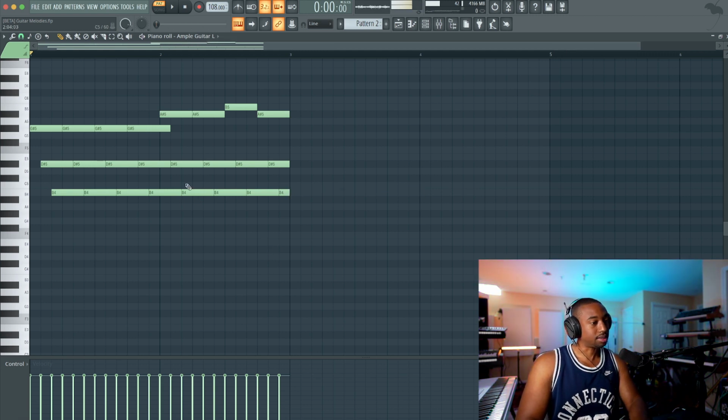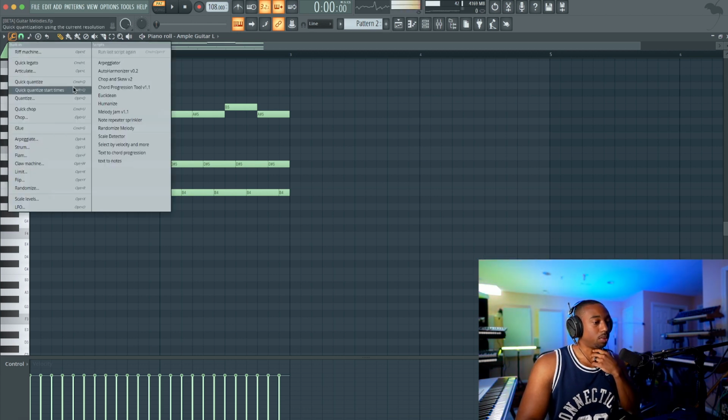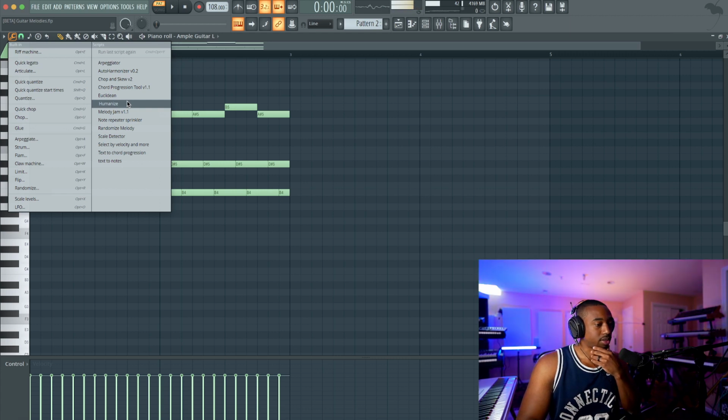Now, another thing is the articulation. This depends on the plugin. Every plugin is different. So just because you turn the velocity down, it doesn't mean you're going to get a different articulation. But long story short, in FL Studio 21.1, there are these things called scripts, and you can humanize scripts. So go into the forums of ImageLine, go to the script section, and look for the humanize script.